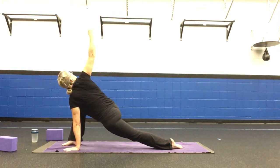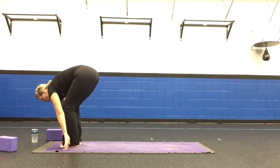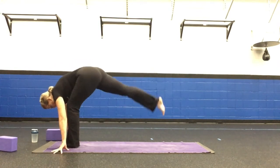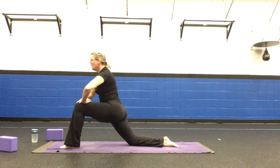Take a twist. Bring your hand down, tuck your back toes, left foot meets the right. Ardha Uttanasana, forward fold, right foot to the back of the mat. Same sequence, other side. So find your low lunge,